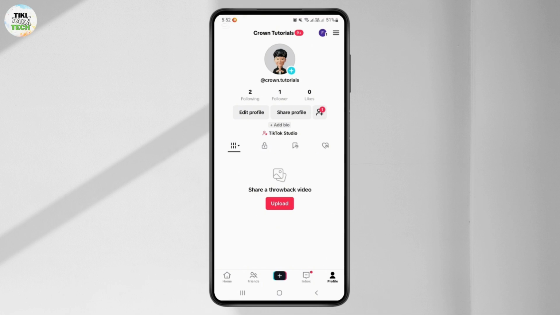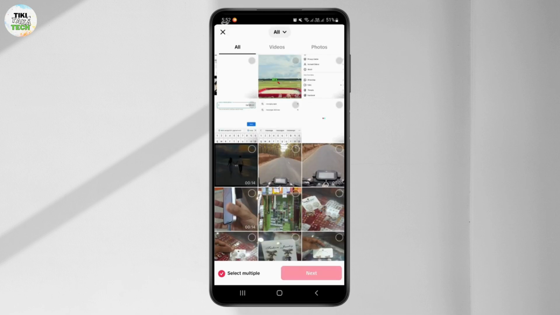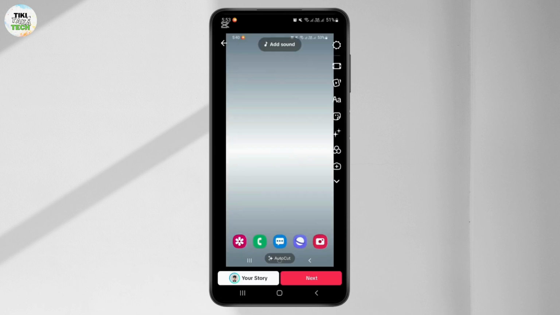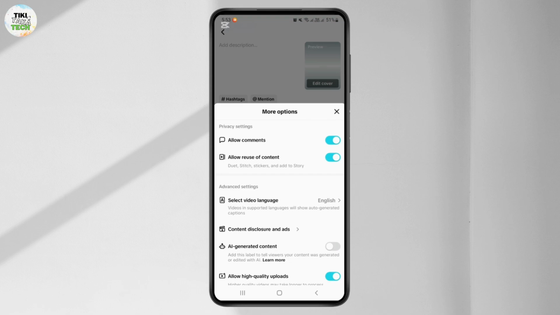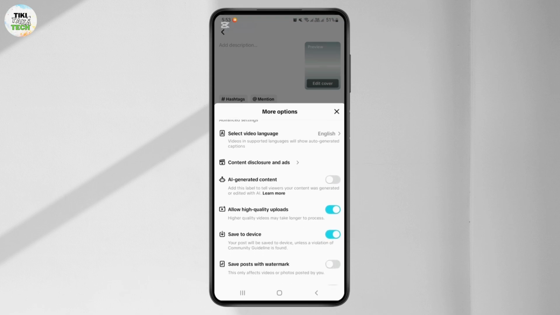So for that you'll have to just tap on this plus icon just at the bottom. Alright, so from here you'll have to tap on your gallery icon just at the bottom right corner. Okay, so from here you'll have to choose the video which you want to upload and tap on Next. Again tap on Next. Alright, so from here you'll have to go to the option More options, so simply tap on it. Alright, so from this section you'll have to scroll down and go to the option Allow high quality upload,